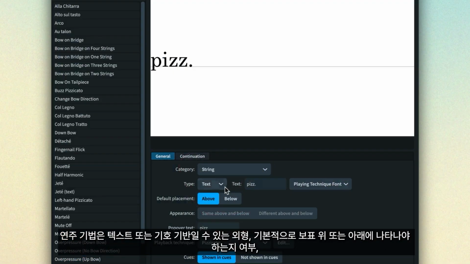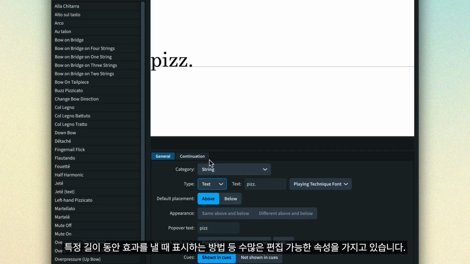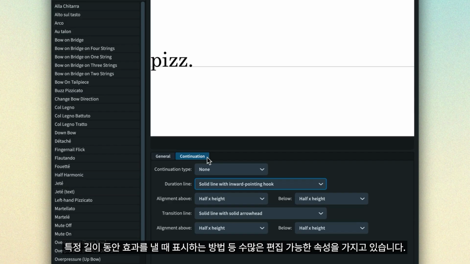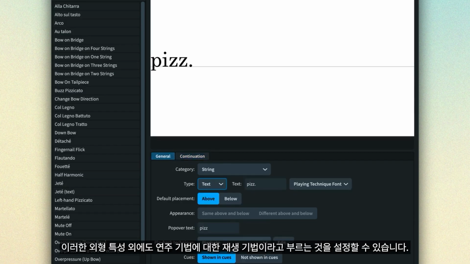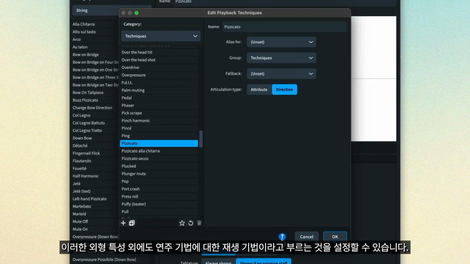Playing techniques have numerous editable properties, including what they look like, which can be either text or symbol-based, whether they should appear above or below the staff by default, and how to display them when they take effect over a specific duration. As well as these appearance characteristics, it's also possible to set what we call a playback technique for